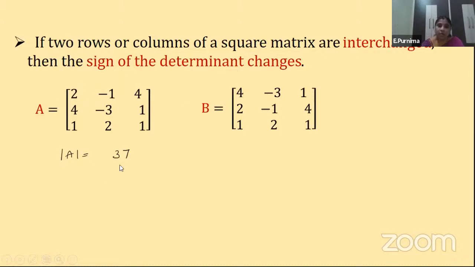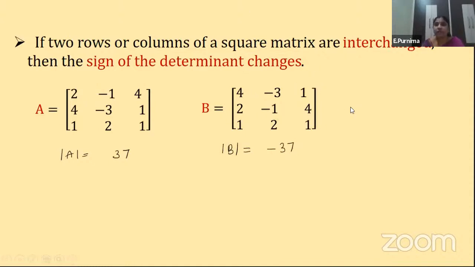If I already know the determinant value before doing this, because already we did, yes or no? Suppose I just interchange these, then without solving, directly I can say that determinant of B is equal to how much now? Minus 37 I can say, because here these two rows are interchanged.